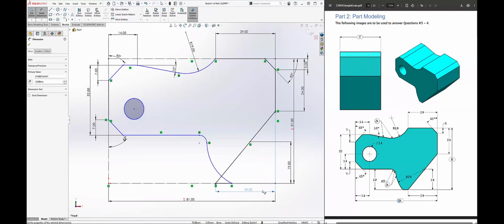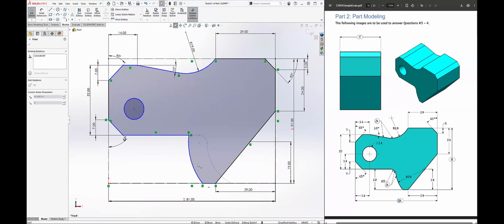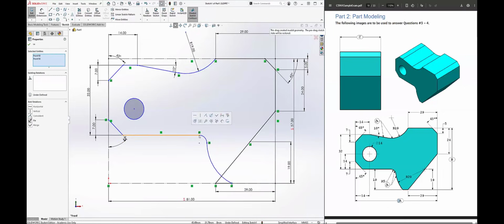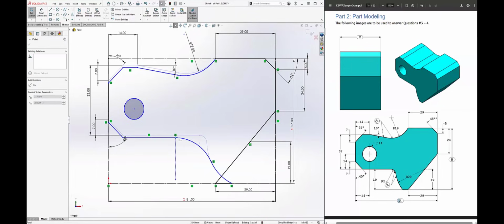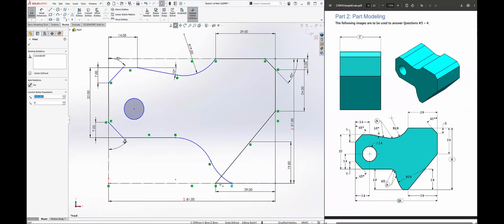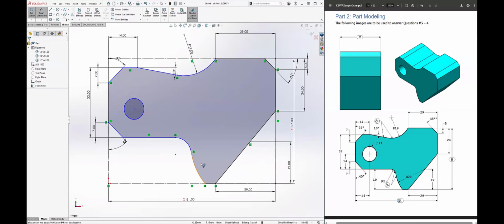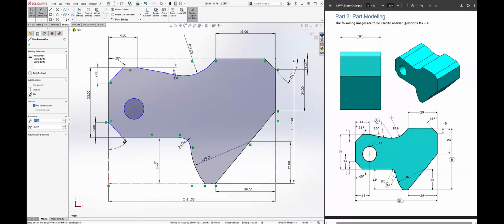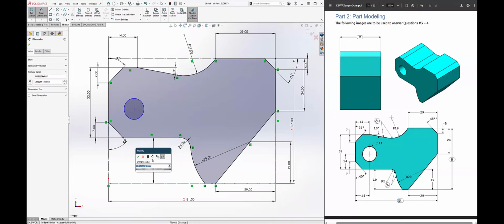Now here it might mess up, which is fine. I'm just going to press escape once and I'm just going to move this over. And you see this guy got shrunk. Let's move this over. There we go. So you just move things really easily and then all of a sudden you're good. Smart dimensions turn back on. 29, 5. And then finally the height from here to the bottom edge of that square we put on, another cube,